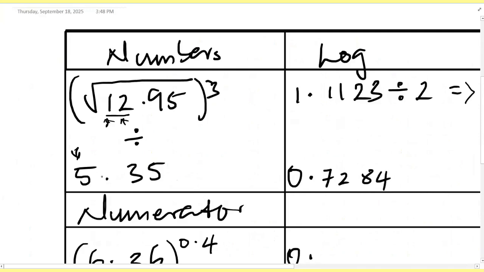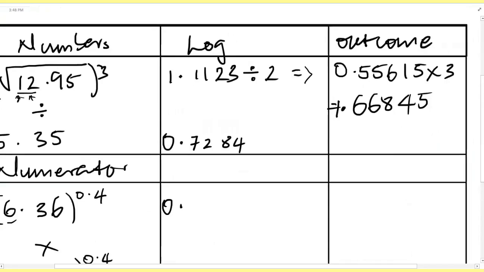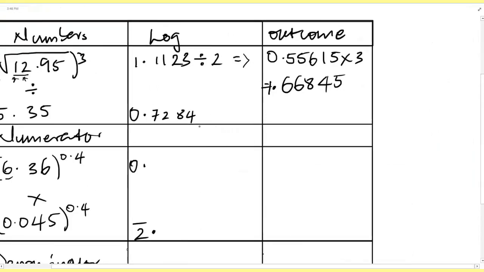Now, we don't have to do any division or multiplication here. So all we need to do is go to the other part and write the same thing here. We're writing the same thing because there's no square or power here that we're going to multiply or divide this log by. So we write the same thing,